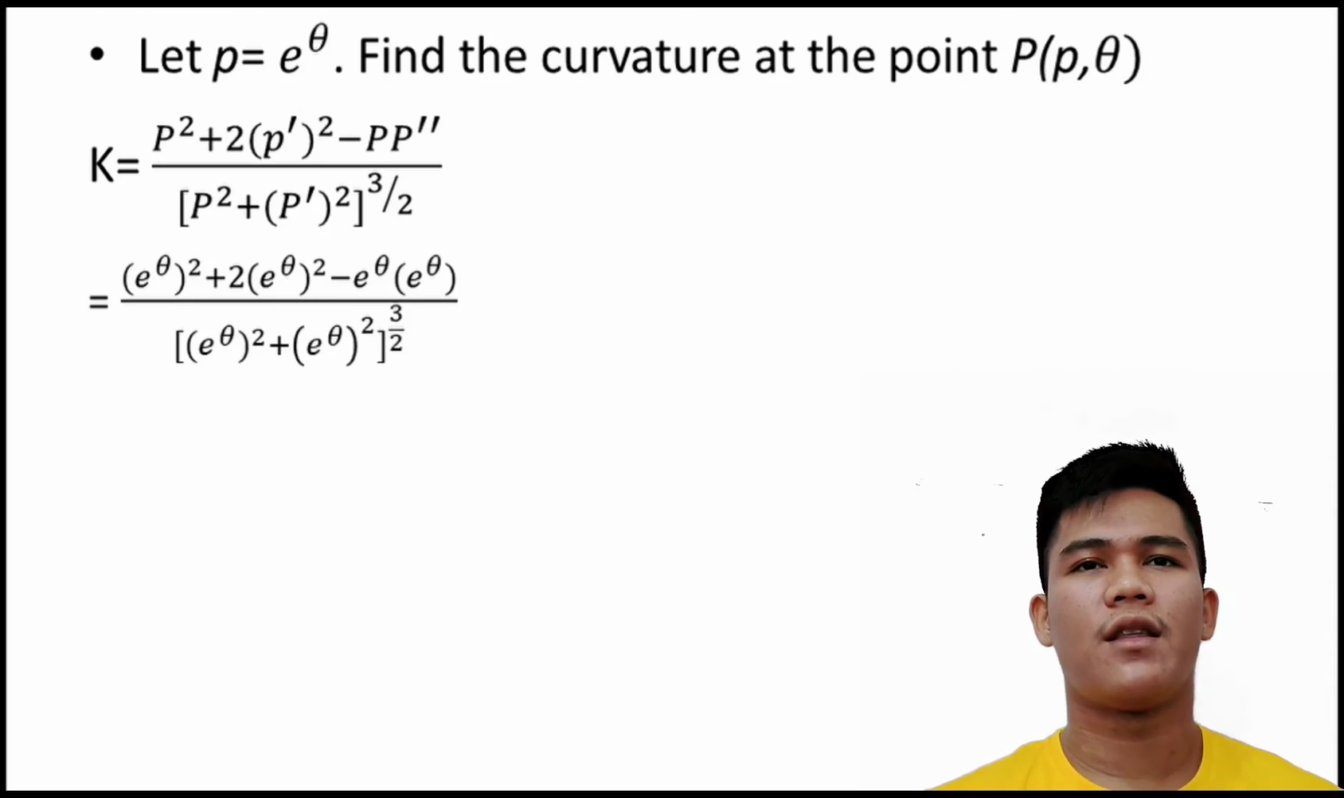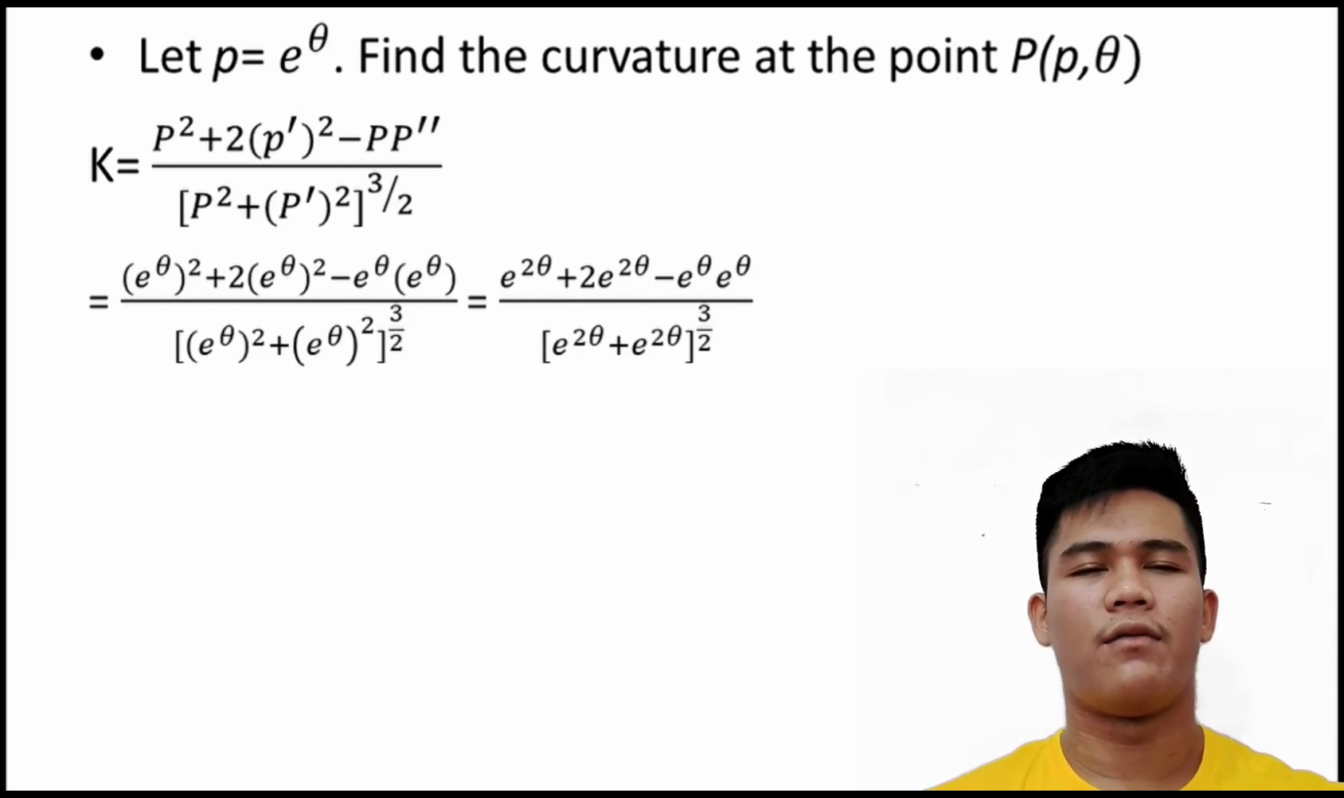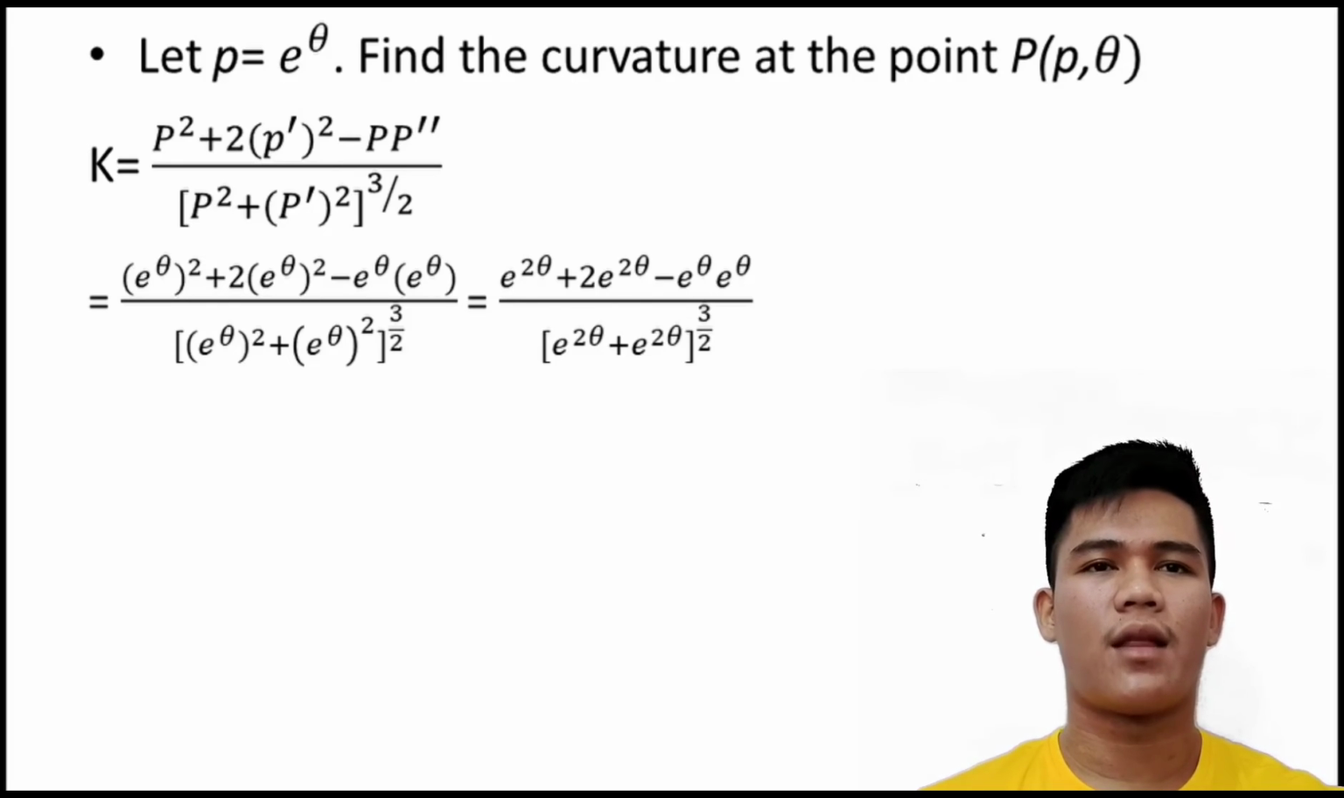So the first derivative of e to the power of theta is e to the power of theta, and the second derivative of e to the power of theta is also e to the power of theta. So this is the second derivative, but this is r squared, and the second derivative is always e to the power of theta. Okay, so next. So we have e to the power of theta squared is e to the power of 2 theta, plus 2 times e to the power of theta is 2 e to the power of 2 theta,